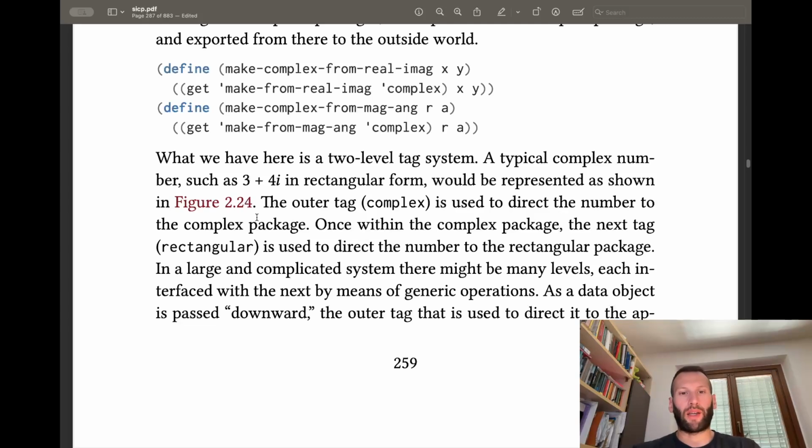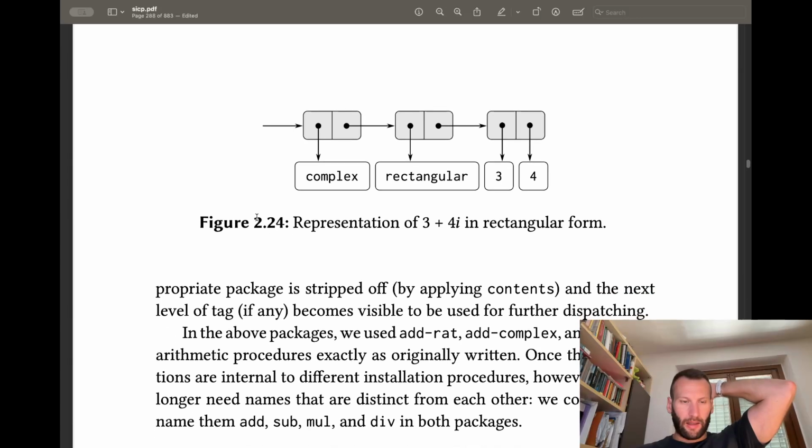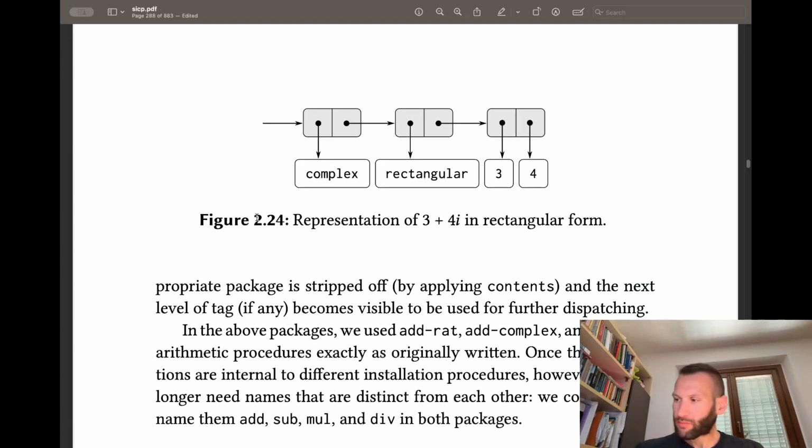In a large and complicated system, there might be many levels, each interfaced with the next by means of generic operations. As a data object is passed downward, the outer tag that is used to direct it to the appropriate package is stripped off by applying contents, and the next level of tag, if any, becomes visible to be used for further dispatching. Yeah, that seems